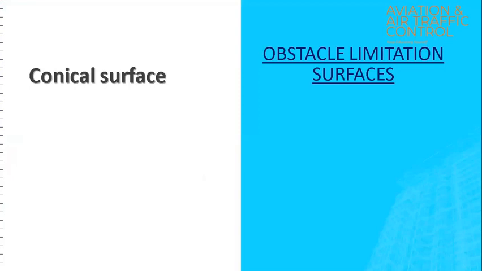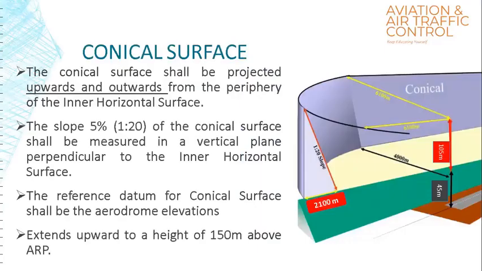Now we will discuss the conical surface. The conical surface shall be projected upward and outward, starting from the periphery of the inner horizontal surface. The slope is 5%, which means a 1:20 ratio, and shall be measured in a vertical plane perpendicular to the inner horizontal surface. The reference datum of the conical surface shall be the aerodrome elevation, and it will extend up to a height of 150 meters above the aerodrome reference